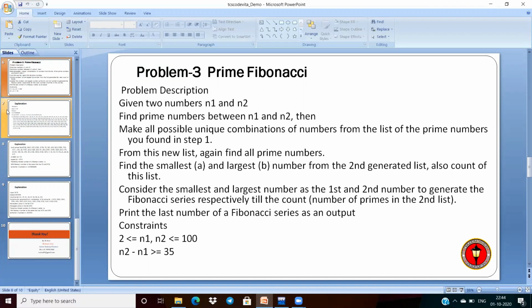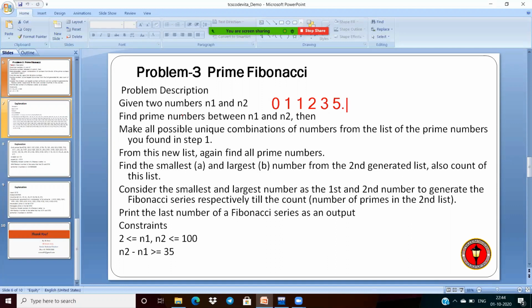Fibonacci formula means what? Generally, the Fibonacci series initially consists of 0 and 1. The first and the second values are 0 and 1, and then the sum of 0 and 1 will be 1, and the sum of 1 and 1 is 2, and so on: 1, 2, 3.